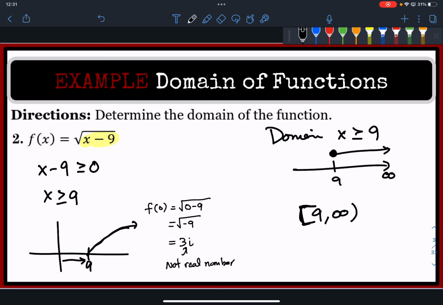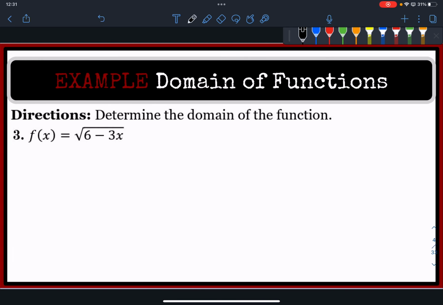So let's see. Pause the video and find me the values of x in which 6 minus 3x is greater than or equal to 0, and that's going to be your domain. So let's check your work. To solve this inequality, we'll subtract 6 from both sides, which gives us negative 6. We're going to divide by negative 3, and we get positive 2. But since we're dividing by negative 3,